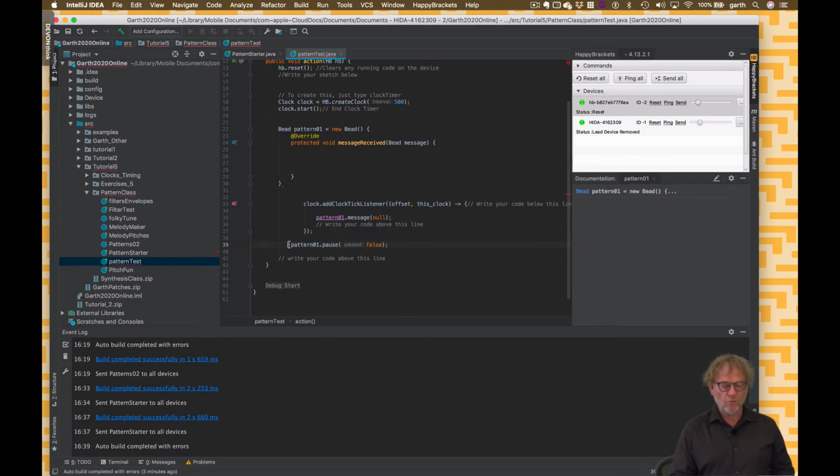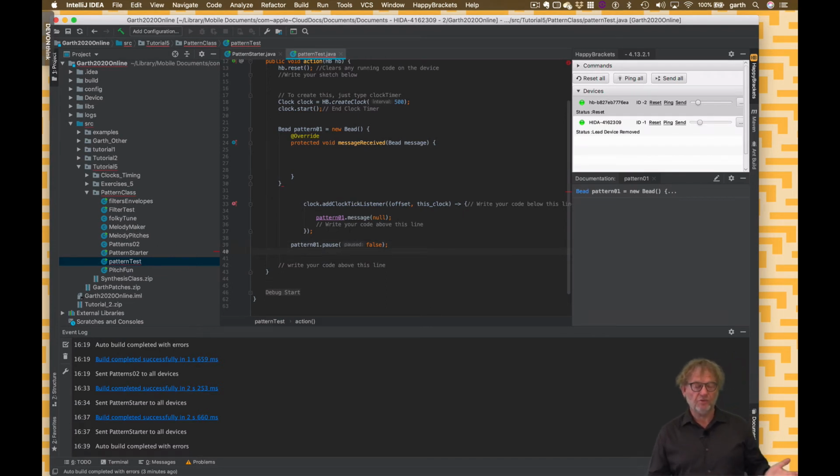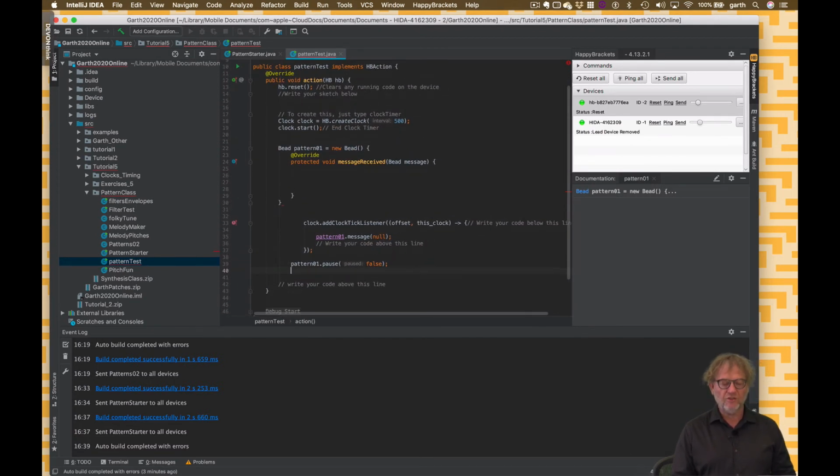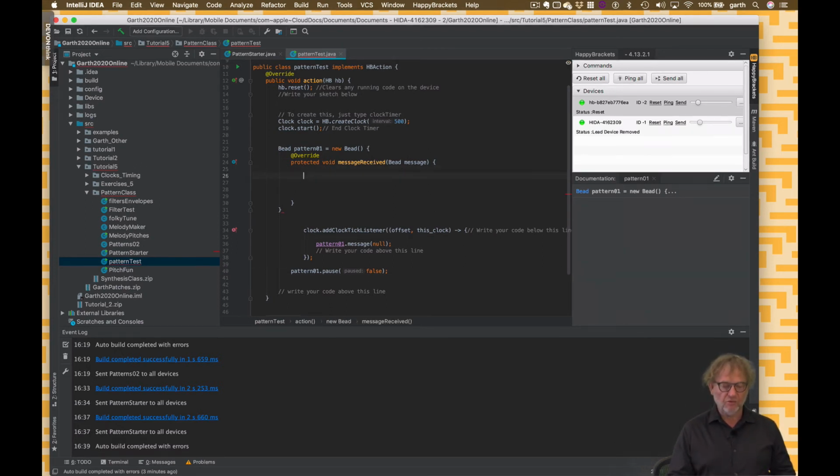Okay, so pattern 1 pause is false, which means that it will play, it will receive the messages, and it will do whatever we want it to do. Okay, so this is the kind of infrastructure for patterns. So let's go into our pattern here and do something that's a little bit more interesting. The first thing that we might want to do in here then is to get the clock. So let's get